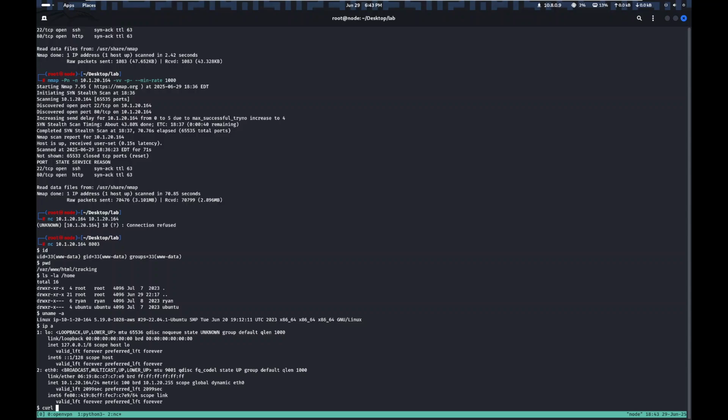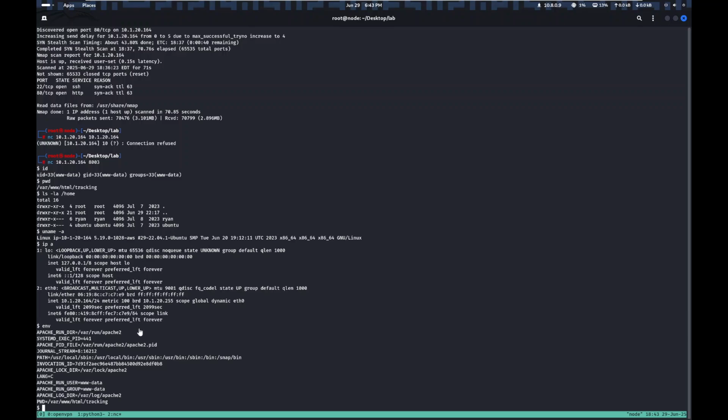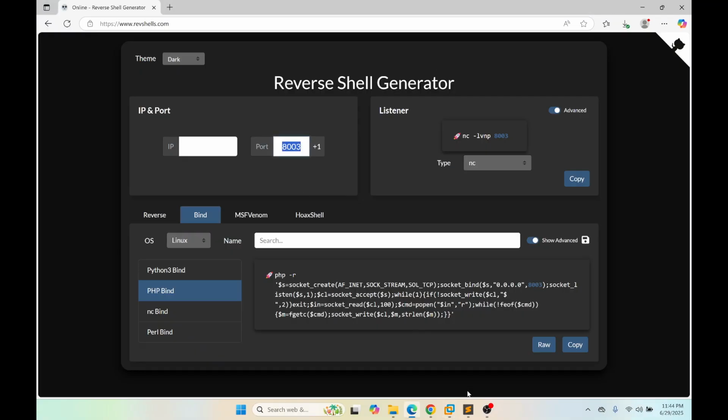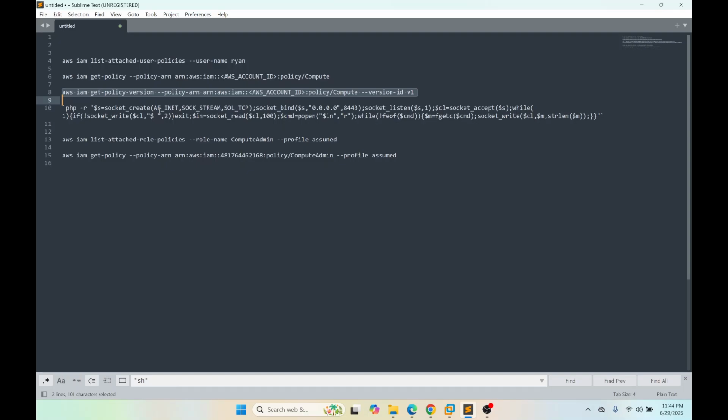For that, we need to use the metadata API, or sometimes we might find temporary credentials in environment variables as well, but those are not present in this particular scenario. In case of a Lambda function, you will find the credentials in an environment variable. So yeah, we will be using the metadata API,